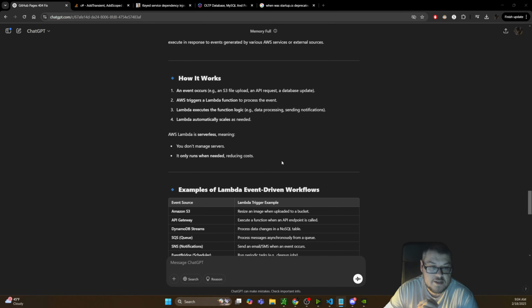But the basic idea is you have an event driven architecture. That's a key factor of these Lambdas, they're event driven. So you've got to have something that triggers the Lambda, right? And this AI actually